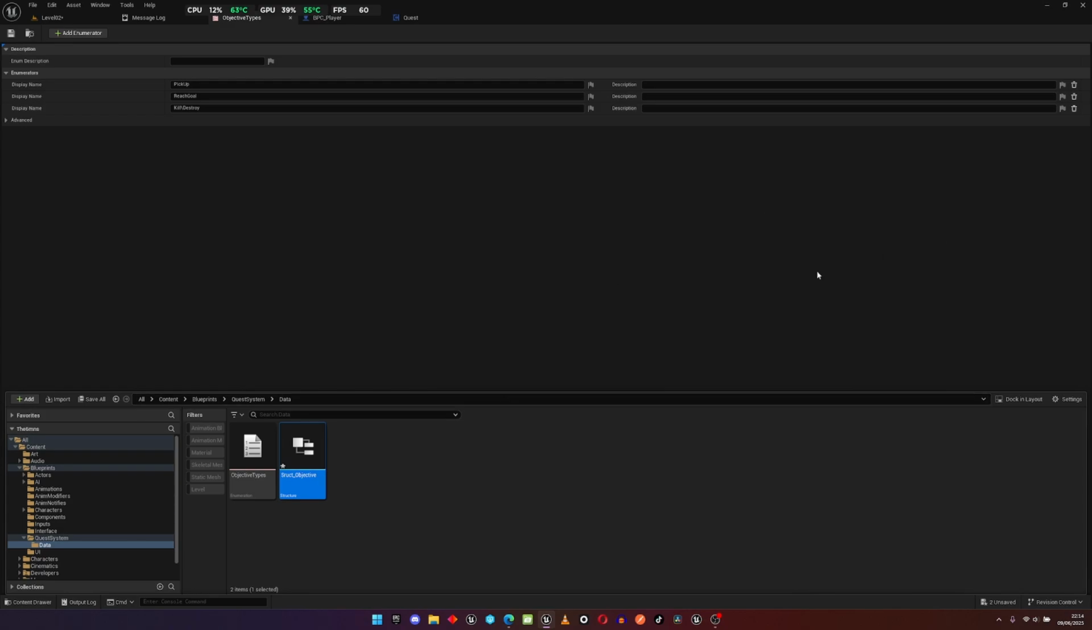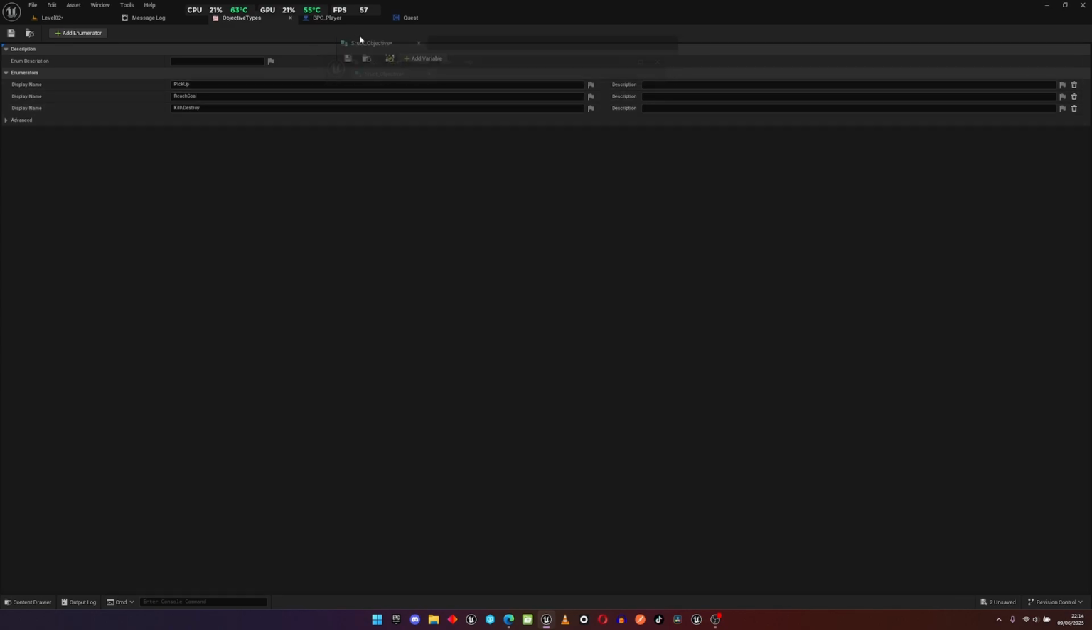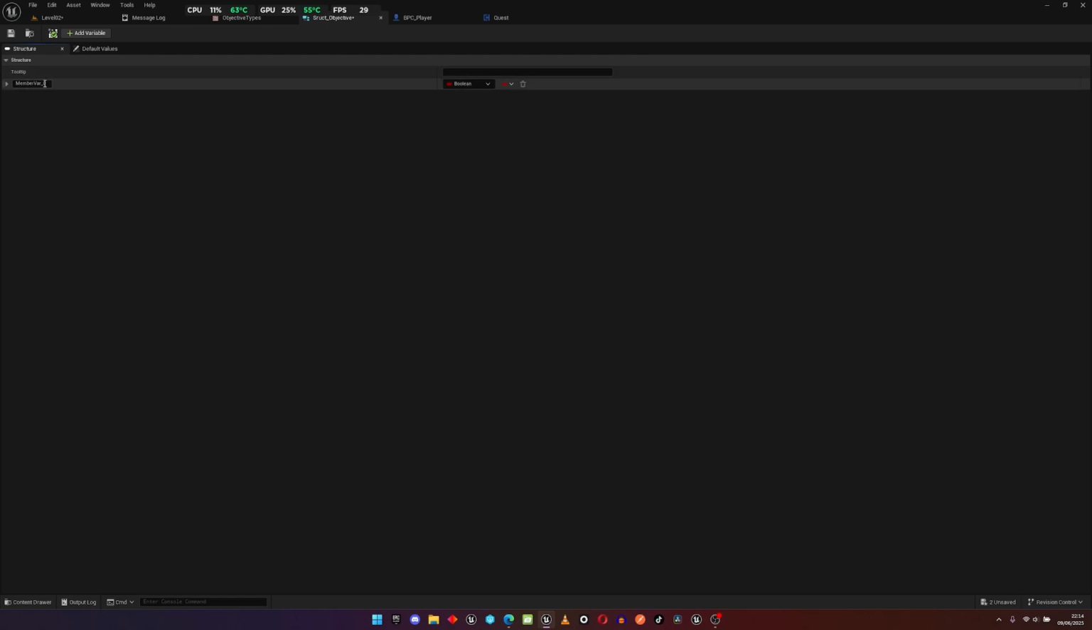Yeah, open it up, and then I'll do a couple of things in here. So I'll go ahead and make a boolean, and I'll name it is complete. So it should be a boolean, and I'll make another one, and I'll name it objective type,